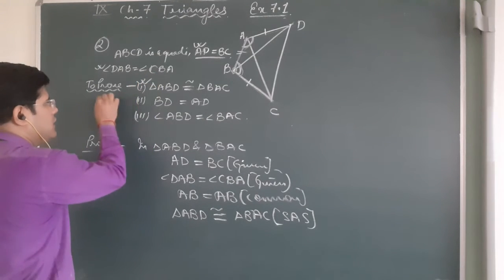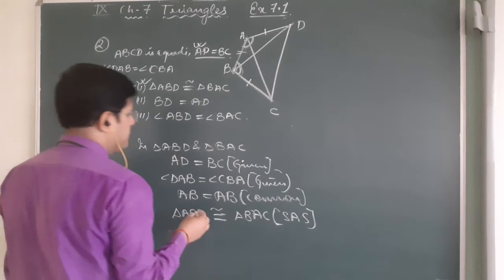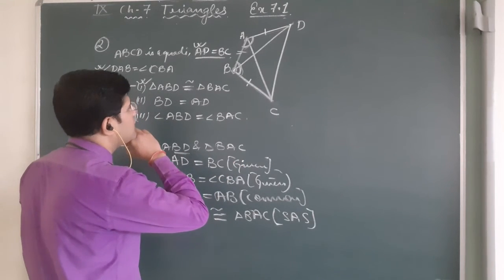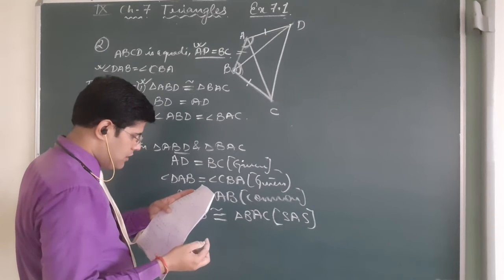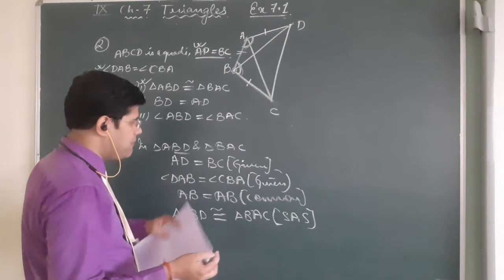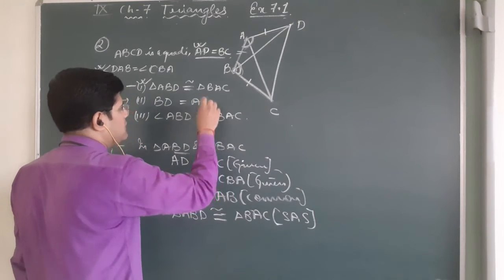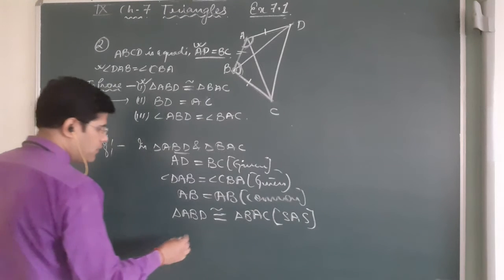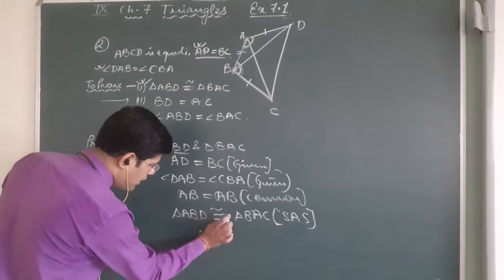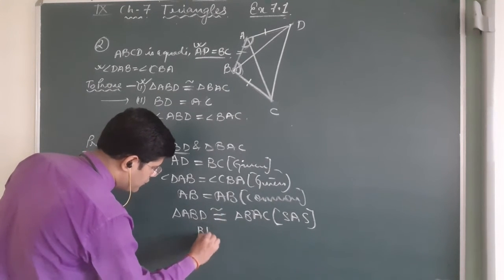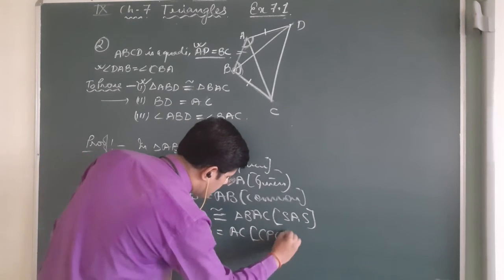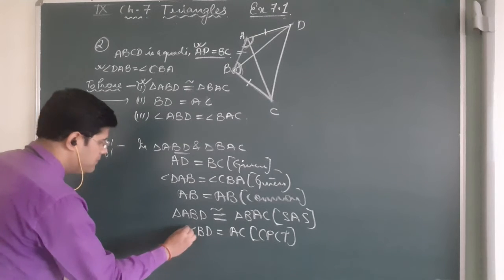This one has been proved. Now BD equal to AD? Whatever it is written, I think by mistake I have written that because I have no book at all. I just wrote that from the internet. So BD equal to AC, because BD equal to AD is not possible. So the second part is also done.